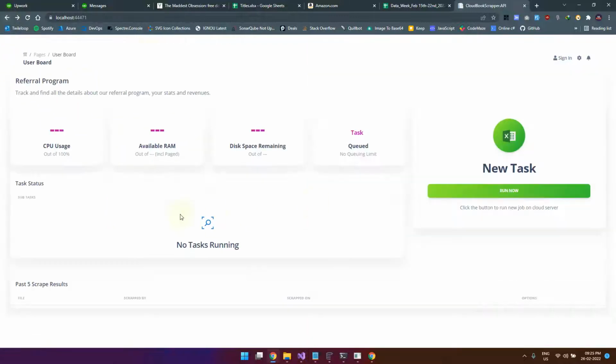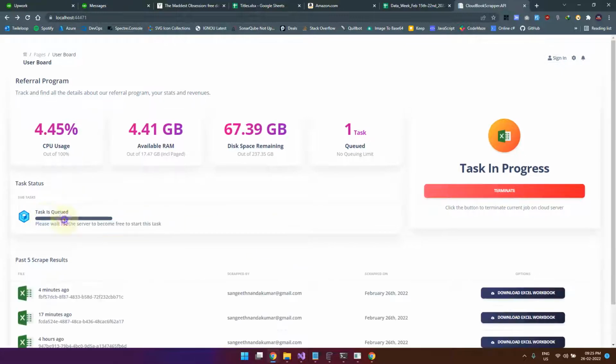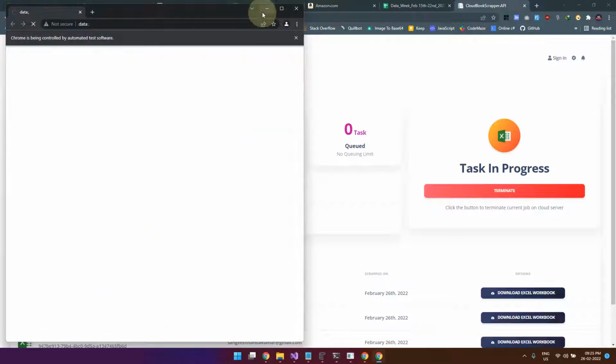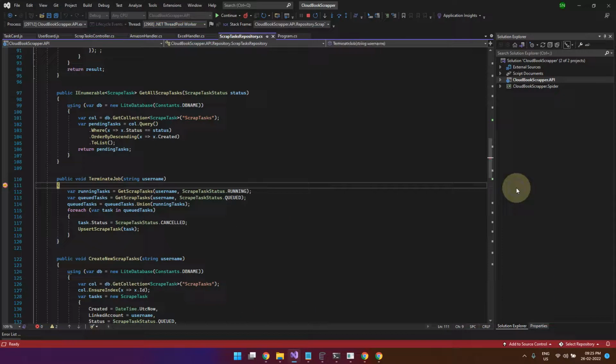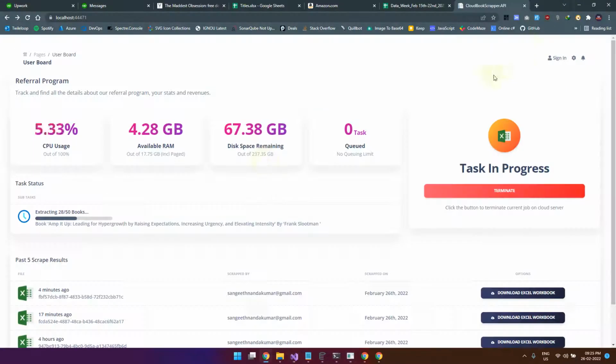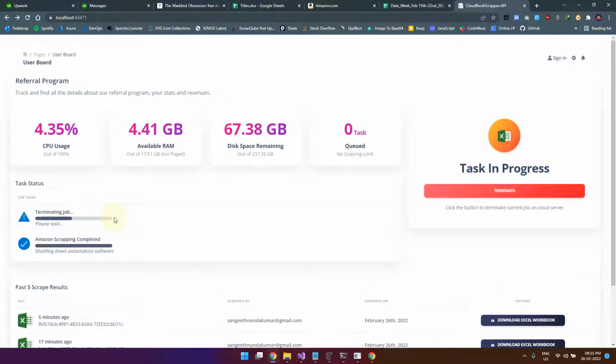Now I will also show the terminate process. So now I have started a new task in the server. Now it is released from the queue and taken for execution. Now it is running and it is trying to collect 50 books from Amazon. Now if I do not want it, I can just click on terminate and click on continue, and you can see that it will stop from the current point of termination, and then it will terminate the job.